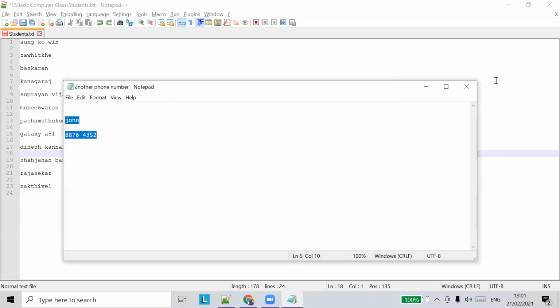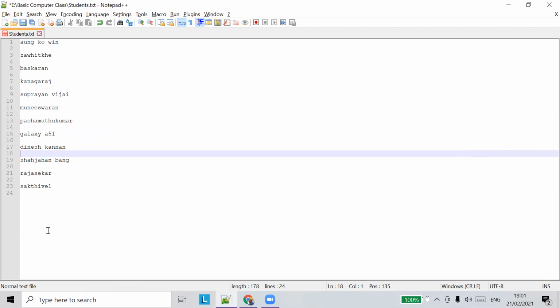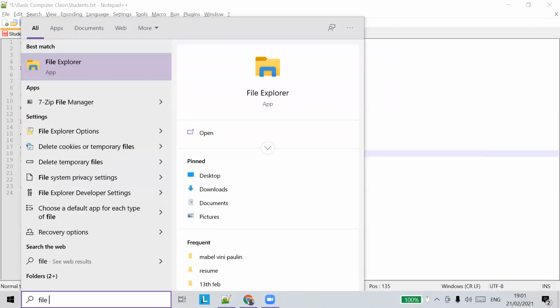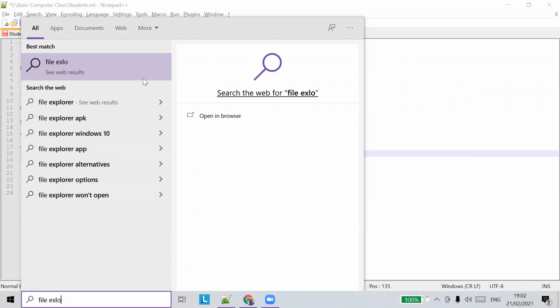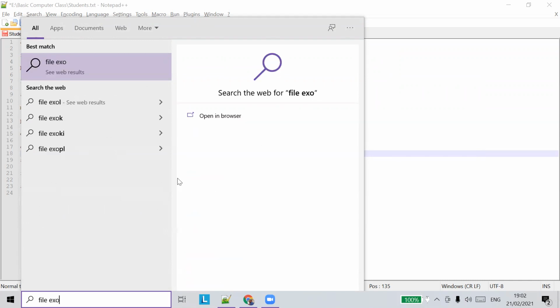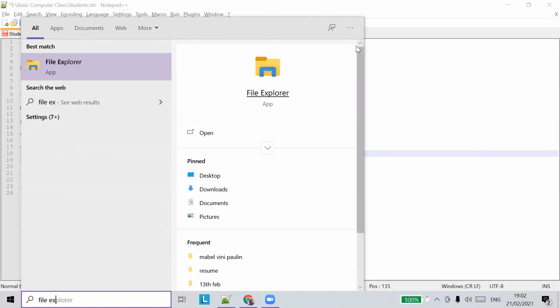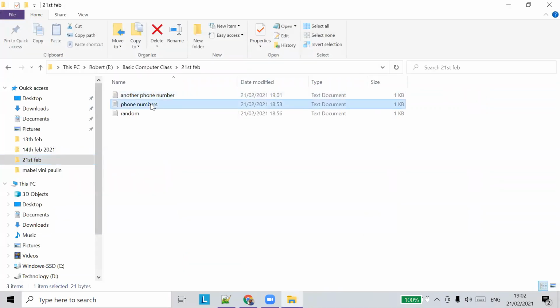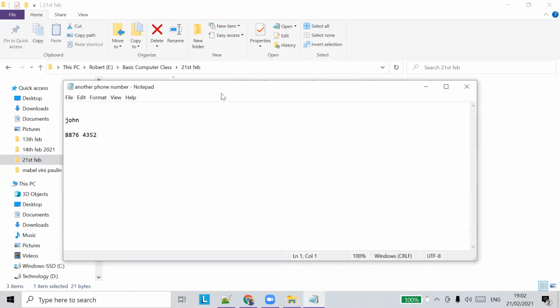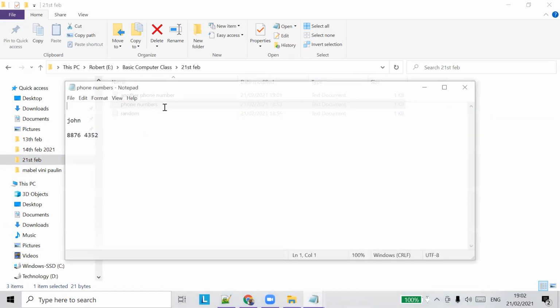So if you see here, right, there'll be 2 files created in the particular location. So one is another phone number and phone number. So if you open both the files, you will see the content of the file is the same.